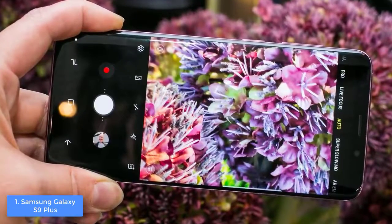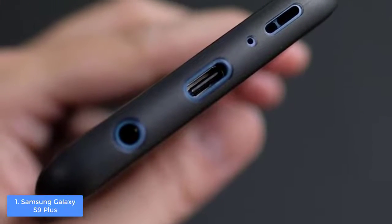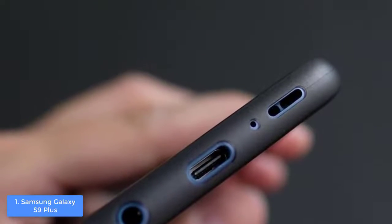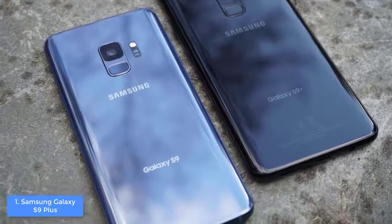From a design perspective, the S9 Plus is available in 3 colors on Amazon, so you can choose between the coral blue, the lilac purple, or the midnight black, which we are currently reviewing, due to the fact that it radiates with style. The smartphone's construction is made of aluminum, while the 6.2-inch screen has a Gorilla Glass 5